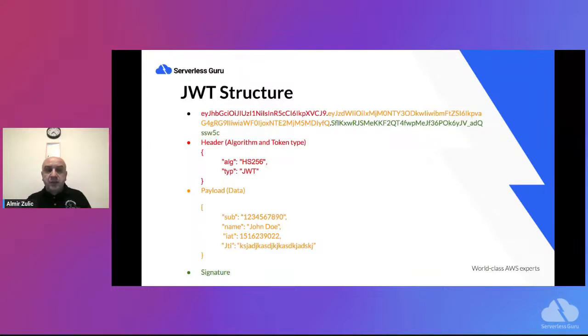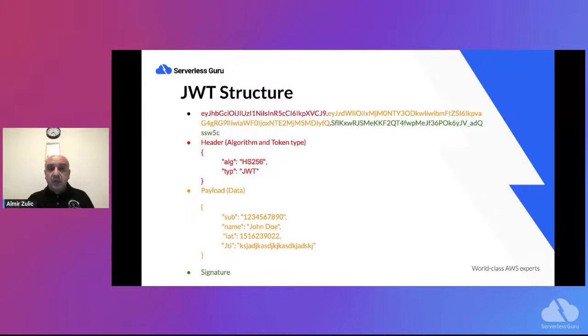So on that card, there is no information about you, who you are. There is just some kind of reference, maybe an ID, and this is exactly what access tokens have encoded within